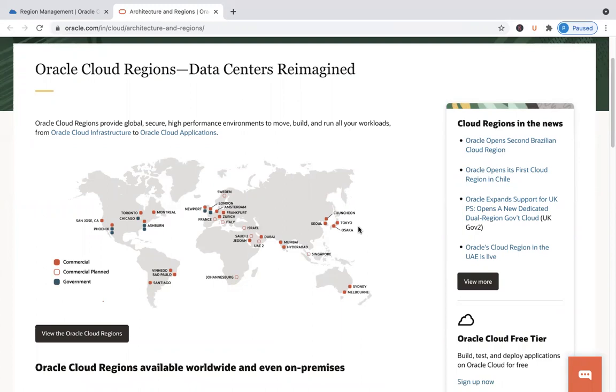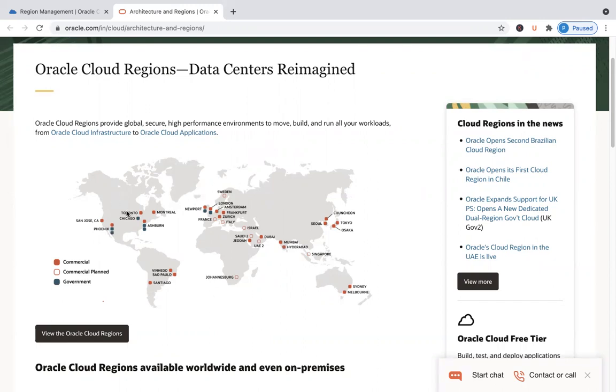AWS also has a similar global footprint, but no other cloud vendor in the market has such an extensive global footprint. So OCI has got data centers or regions in most of the countries that are available today. As you can see, you've got a couple of them in Mumbai and Hyderabad, and in USA you've got a few of them. And remember, these are all the regions.